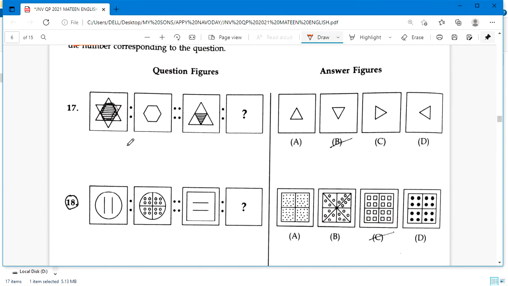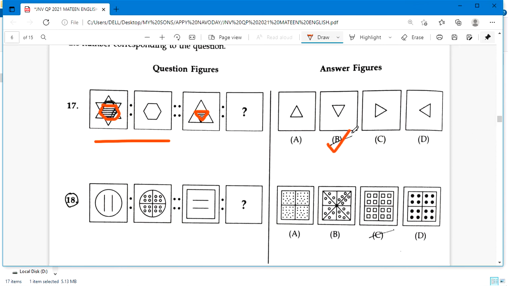It's quite easy. Here one figure is given and the similar figure is taken from among these four answer figures. So just look at this. Here is a star-mark figure. So how is the next proportion to this figure identified? It has been taken from this figure like this. So it is nothing but a hexagon. In the same way, in this triangle, the internal shaped picture is nothing but a reversed triangle. That's option B, the right answer.